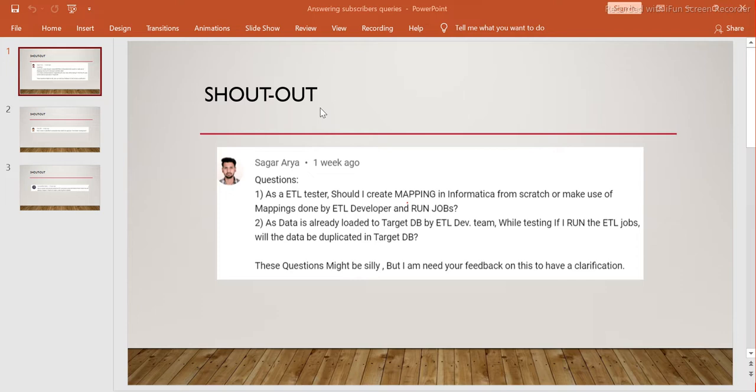Yeah, what is the first question? So Sagar has asked, as an ETL tester, should I create a mapping in Informatica from scratch or make use of the mapping done by the ETL developer and run the job, right? So guys, as part of ETL tester, you're not supposed to create any mapping. You're not supposed to design any mapping logic or job, etc. Right? You are just supposed to use the job which the developer has created, and they might have promoted it to